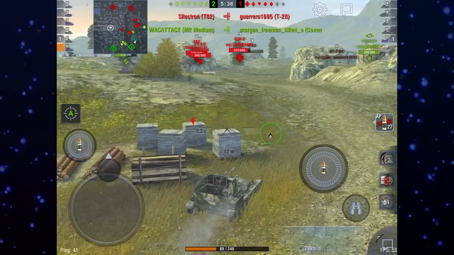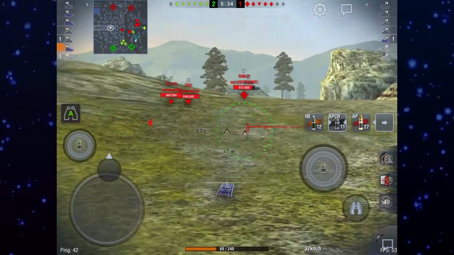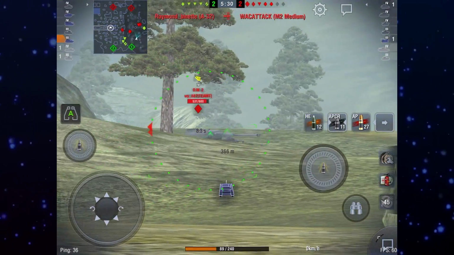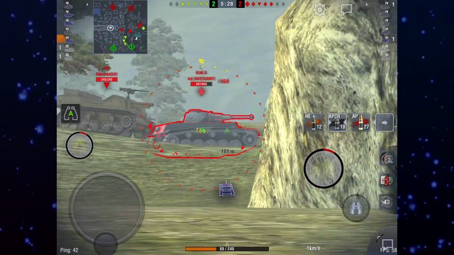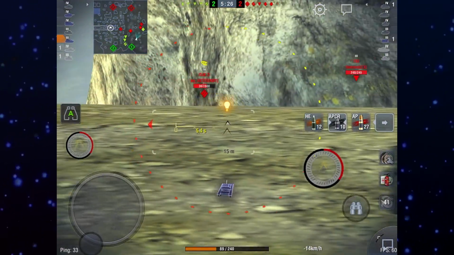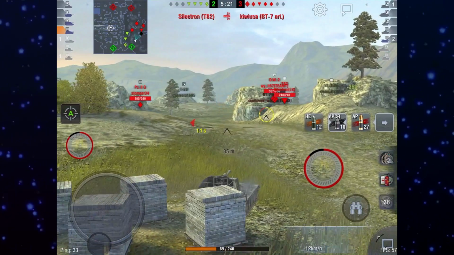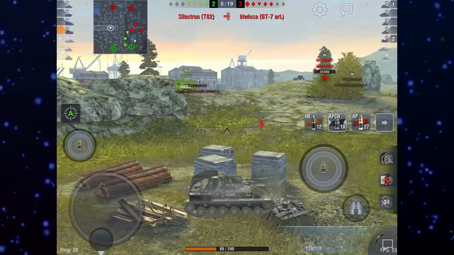But now I can see that they're making a strong push over to my right. I can see that DW is about to crest the hill, so I'm going to load APCR, make sure that shot gets in and counts. And now they are pushing hard around that side. So